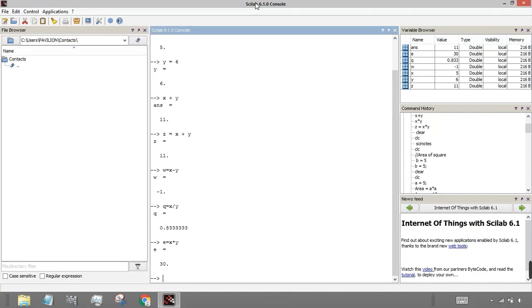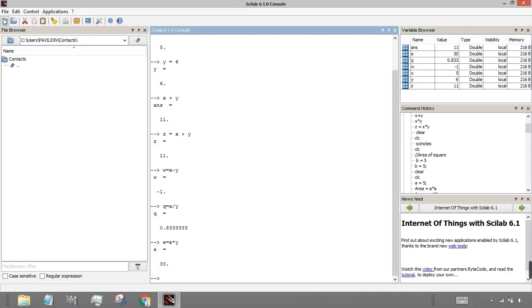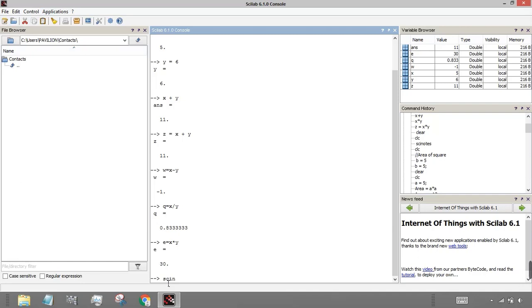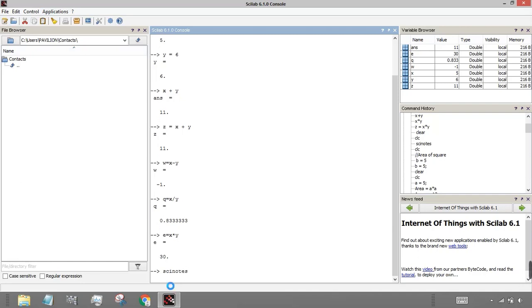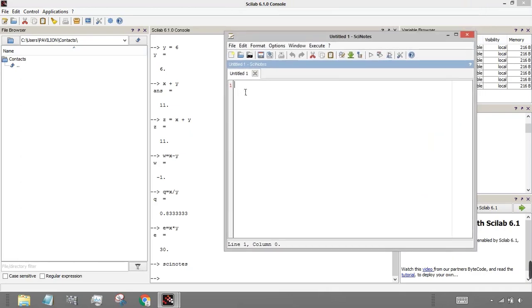Now let's see how we perform this operation in Scinotes. Just go to applications or click on Scinotes or the left icon over here. So launch Scinotes, you can do it from here, from applications Scinotes, or you can just type in scinotes and it will automatically open this Scinotes window. So here you just need to do the normal programming. It's not that much harder. So you just write x is equal to, so I'll just support. As you can see, it's showing us a red mark because the variable is already created over there.